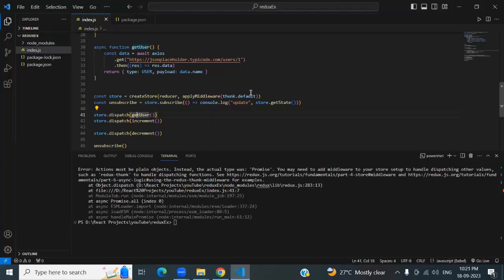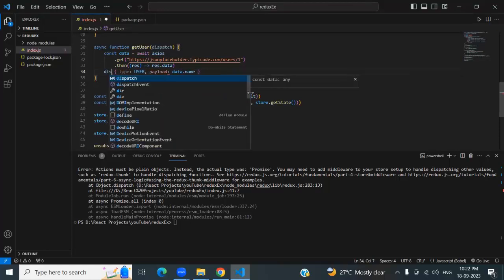At the line number 41 for the get user. But when you're going to remove this bracket, the Redux is able to understand that this is an async function, right? So what will happen? It will give this function a dispatch parameter, right? So in this dispatch function, what you will do, instead of the return here, you will use the dispatch function,